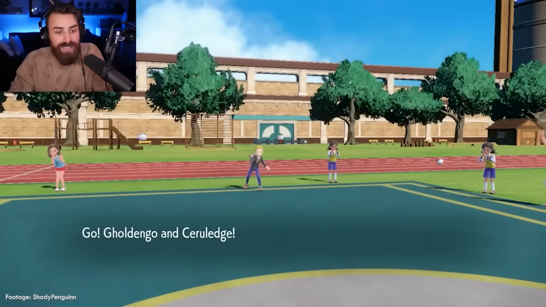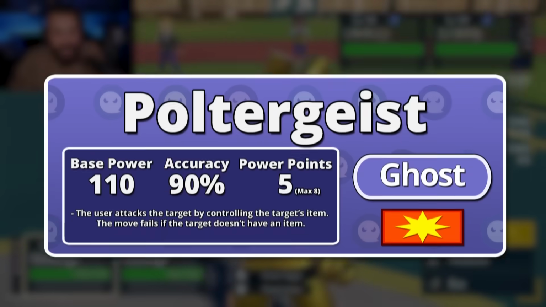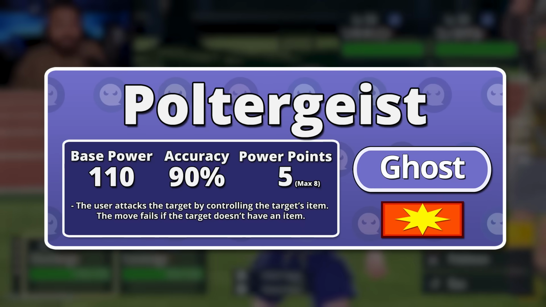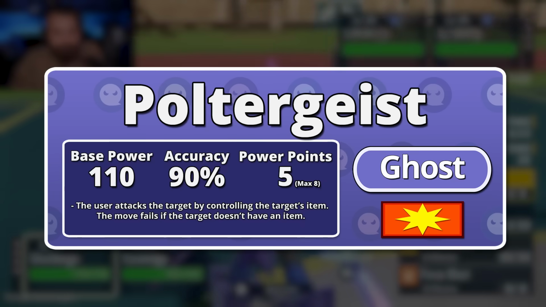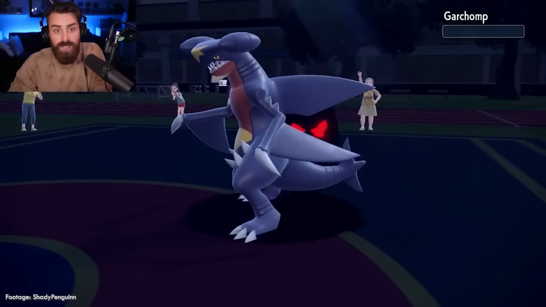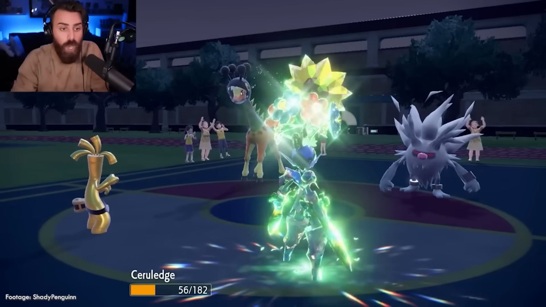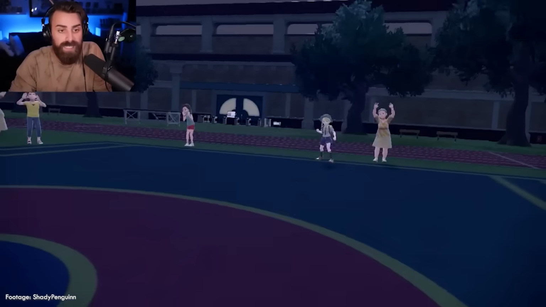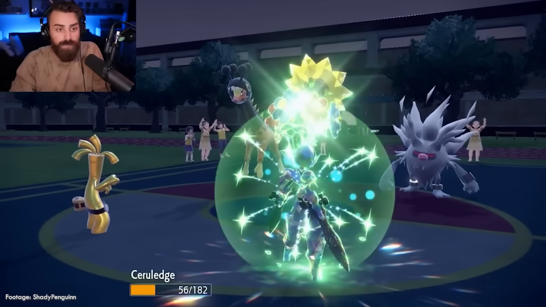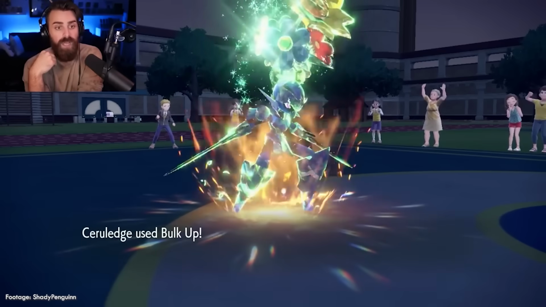This next one I think is actually interesting and has potential, and that is Ceruledge now gets access to Poltergeist. Poltergeist is an absurdly powerful move that does a ton of damage, and previously Ceruledge's best ghost type attack I think was Shadow Claw, and Poltergeist is a lot better. So an Assault Vest set with Bitter Blade, Shadow Sneak, Poltergeist, and Terra Blast I think is actually pretty powerful, to be honest, especially because Poltergeist is so strong and Ceruledge with an Assault Vest doesn't necessarily rely on it. I don't know how well Ceruledge can keep up in the current format,